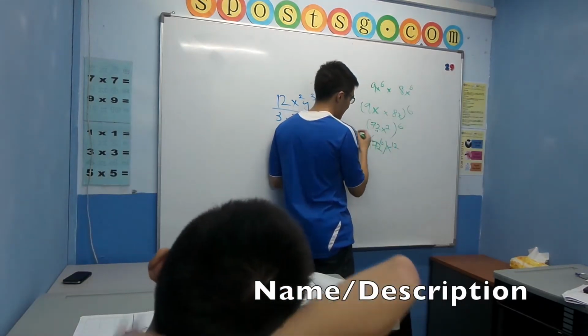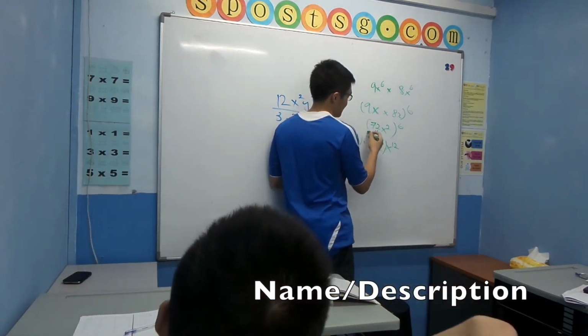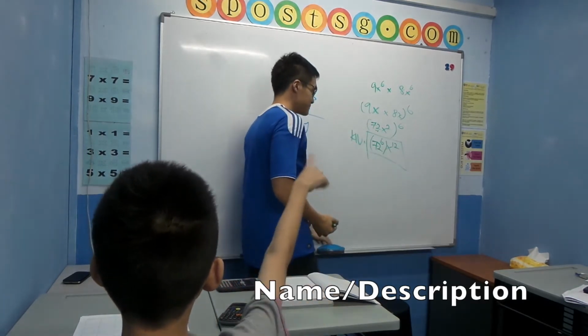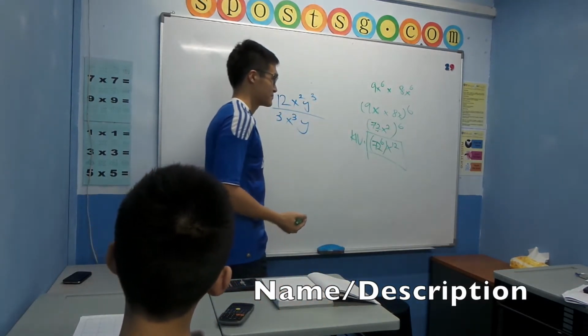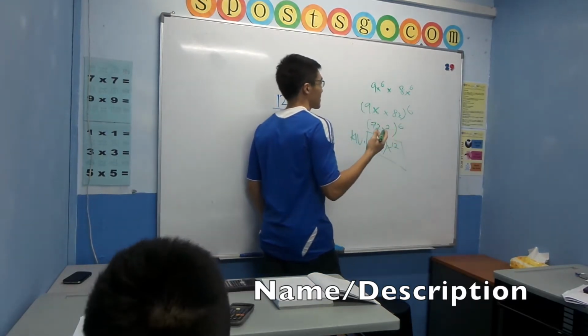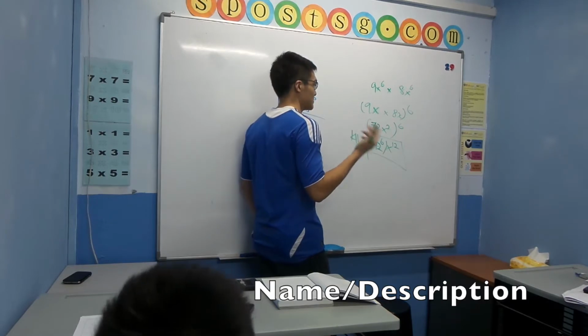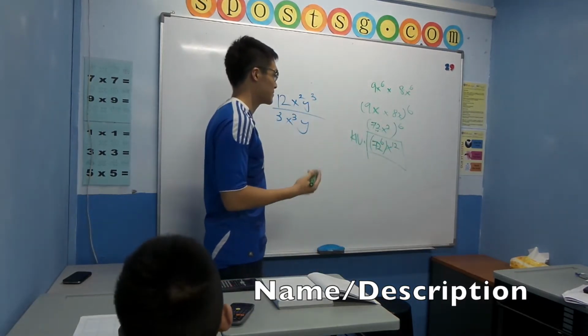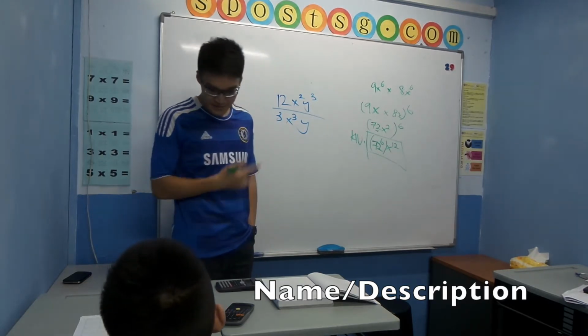Okay, let's KIV first. We just stay put this answer first. If you want to take out the 9 and 8 have to simplify. 9 and 8 are not the same, so cannot. Never mind, we just do like normal first. Okay, so what do you do here? What can we do in this case?